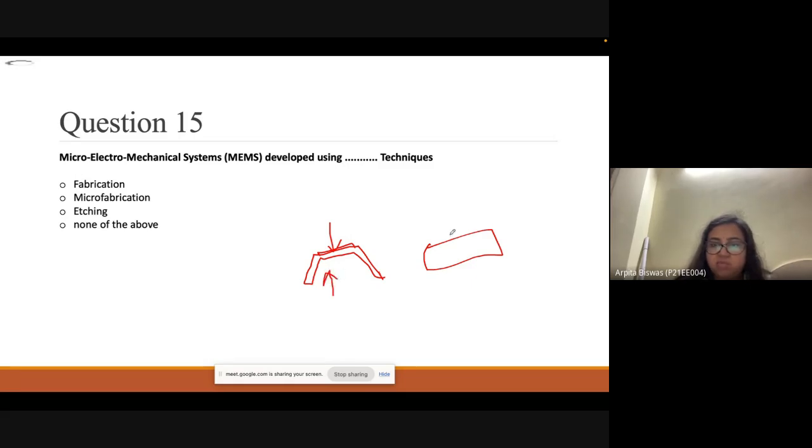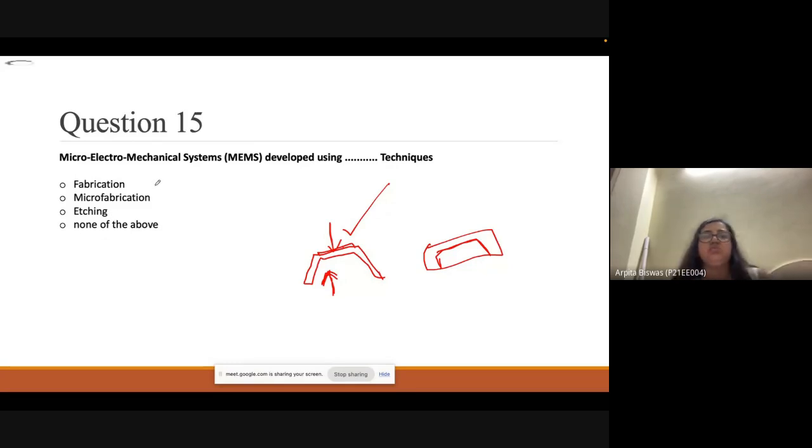Here this type of structure, but here we etch using some process. We etch and we make this type of structure. Okay, this is the diaphragm type of structure. And here we are giving stress, and this diaphragm is bent. So what happened? The material also bends, so if stress is given, then the resistance or some material properties change. Okay, so this is called etching. Here we use some chemical and some portion of the wafer is etched,